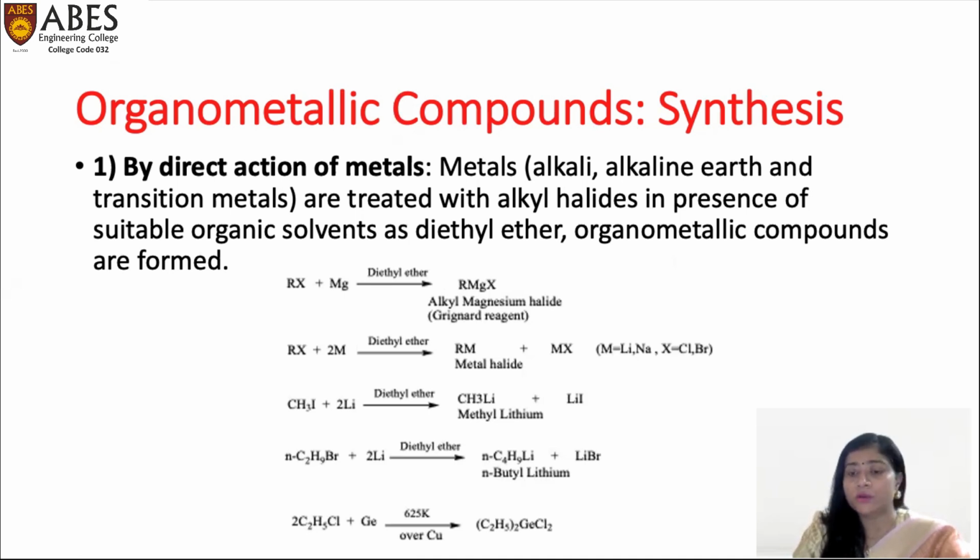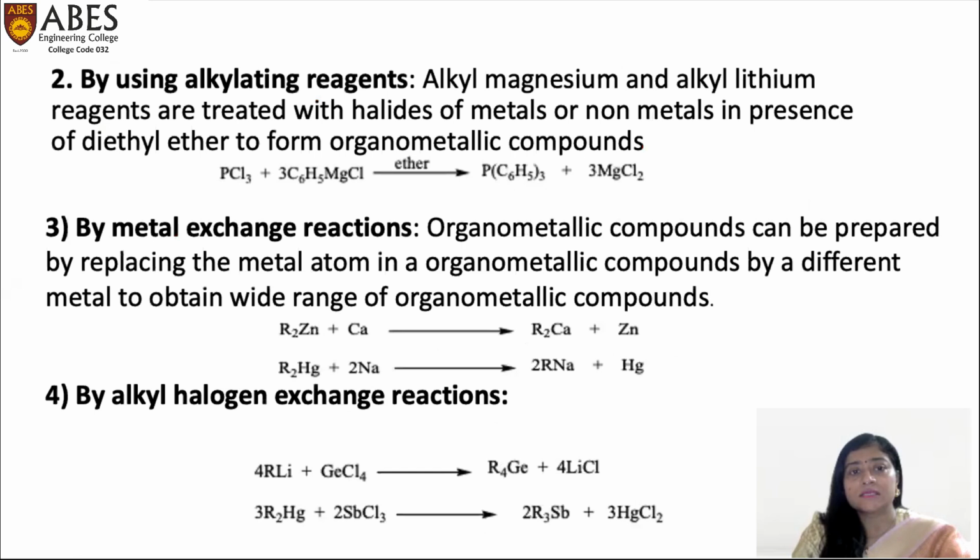if we are preparing the organometallic compound. The second method of synthesis is by using alkylating reagents. Alkyl magnesium and alkyl lithium reagents are used with halides of metals or non-metals in presence of diethyl ether to form organometallic compounds. You can see over here, lead chloride is being used with magnesium chloride, that is Grignard reagent, for the formation of